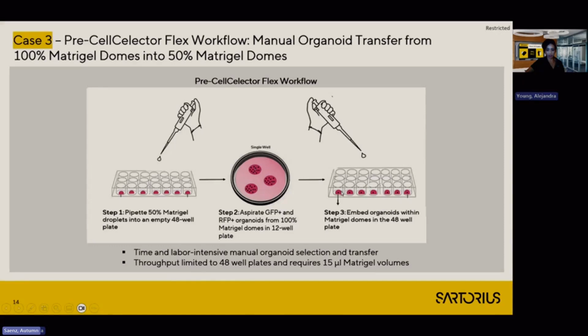And then in step 3, he will embed that organoid into the droplet that was already placed in the four-well plate. As you can imagine, again, time and labor-intensive manual organoid selection and transfer.